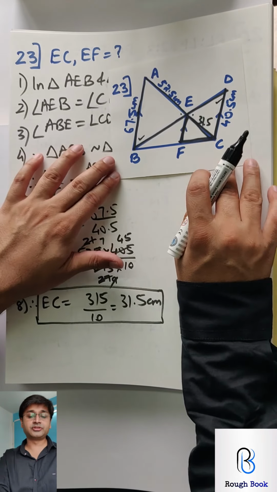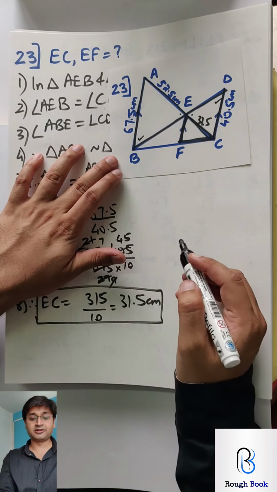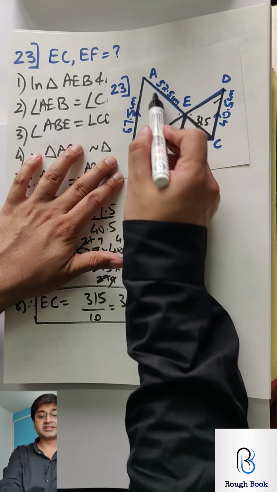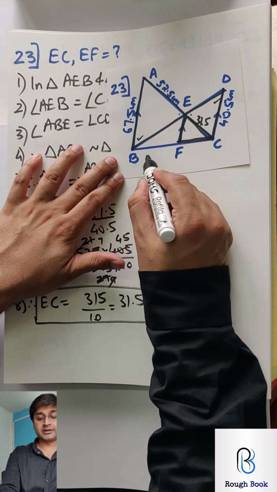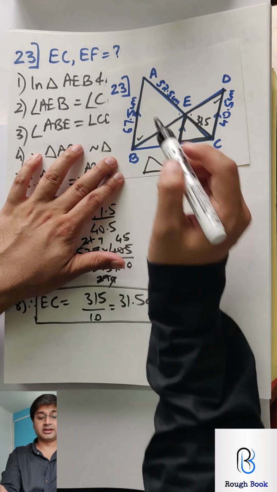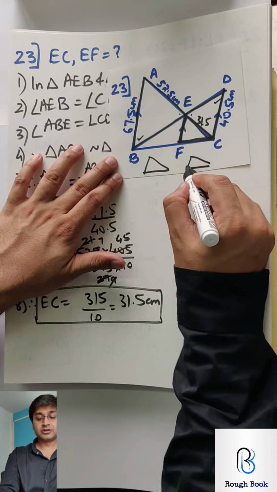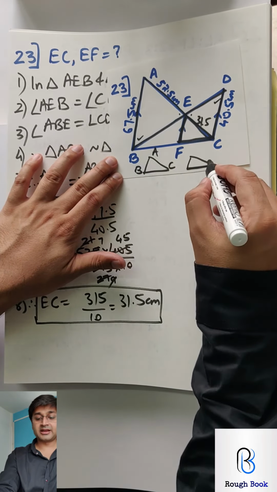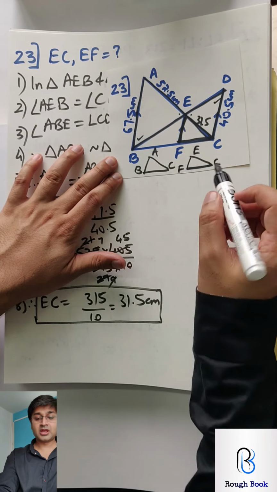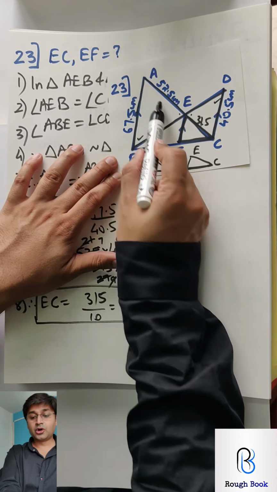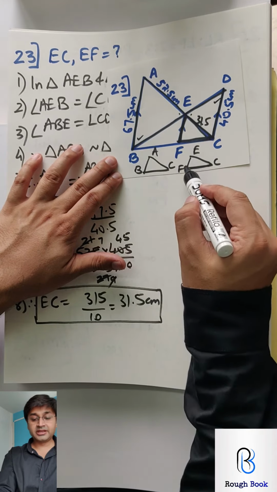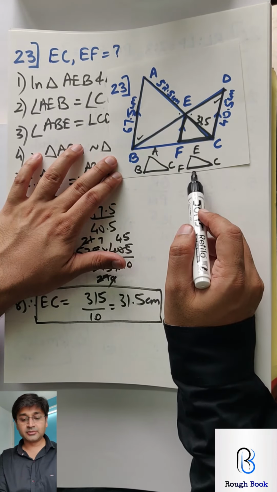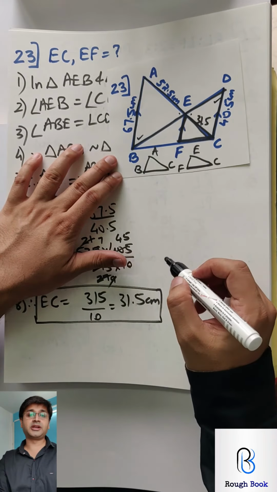Which triangle can I prove similar to this EFC? Now this is slightly tricky. Many of you might say BEF. That's not correct. It's CAB. So you are basically pulling up the big triangle and the small triangle. The big triangle is CAB and the small triangle is CEF. So you know CE, you know AC by adding the two. EF is what you want and AB is also known. So if you prove these two triangles similar, then by CSST you will get EF.